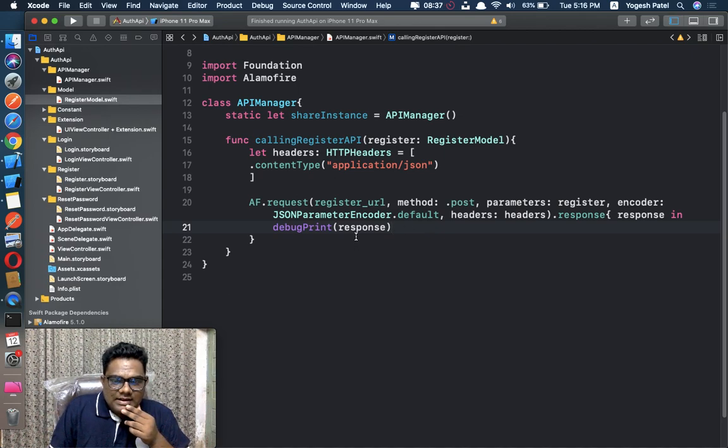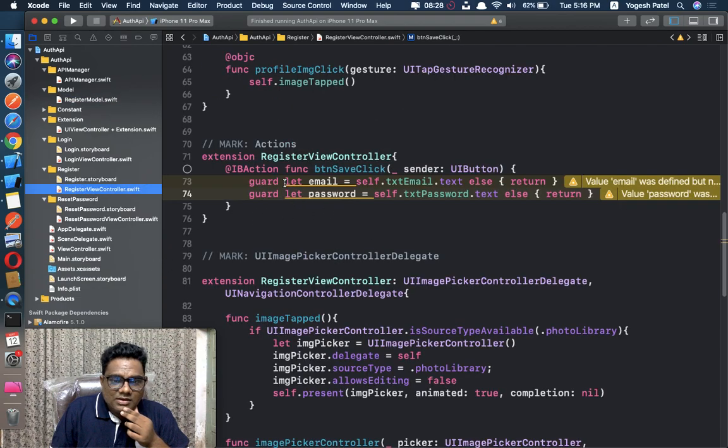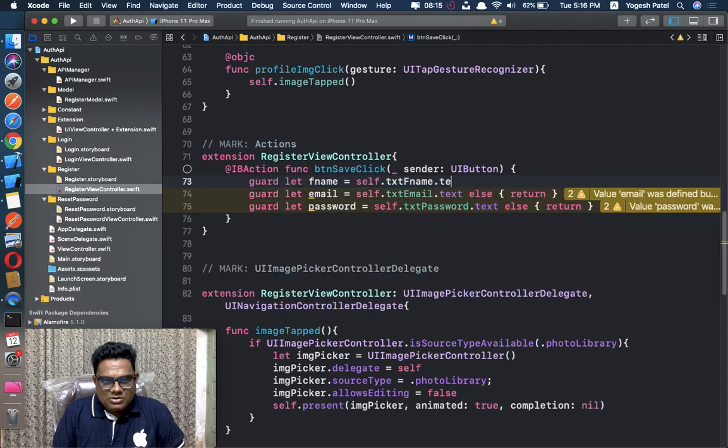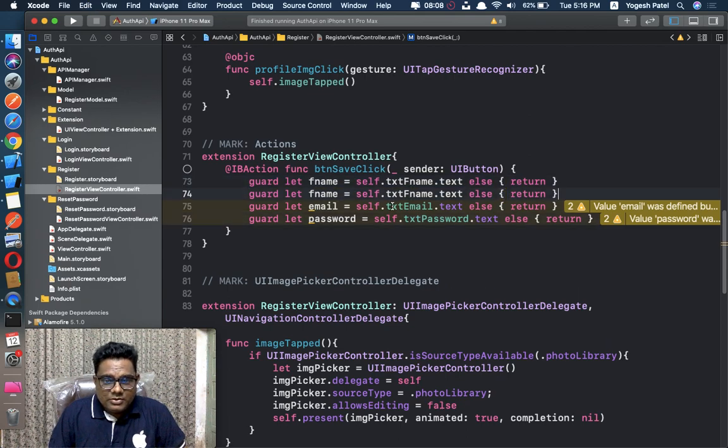Okay, so now let's call the API. Go to the register view controller, and here are the email and password, and I will use guard let fname = self.txtFname.text else return, and lname too, so write txtLname.